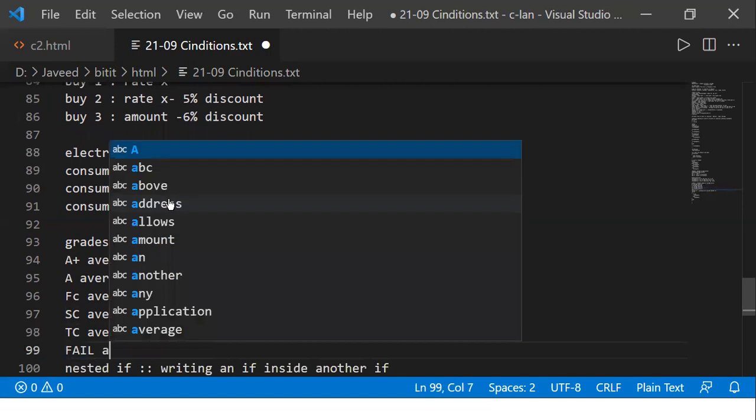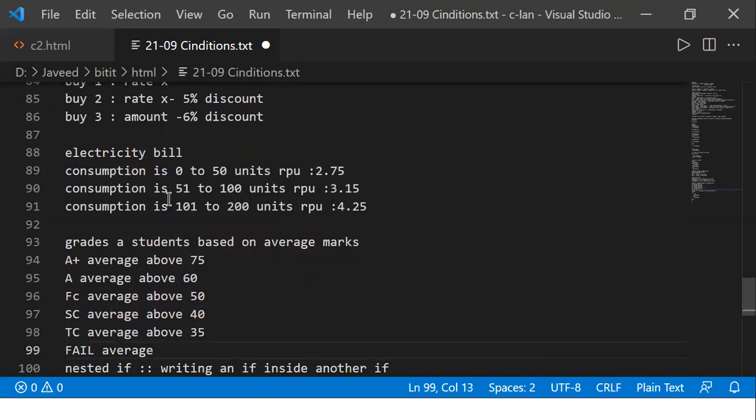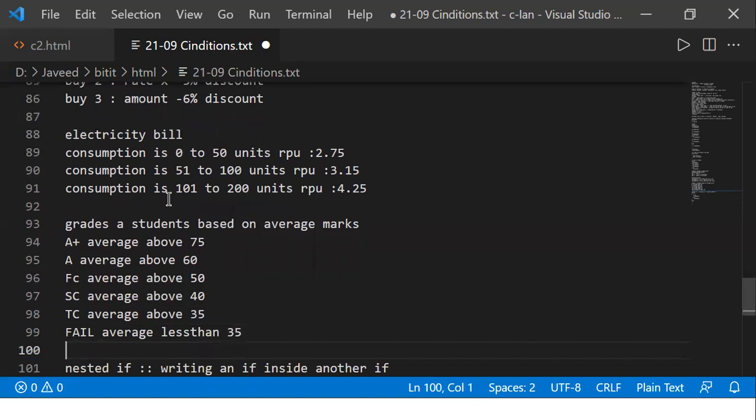Now for all this, if the average is less than 35, then I say it as fail there, right? Understood what I'm telling? So it is less than 35. I say it's a fail there. That's all how the grades are going to be calculated for me.